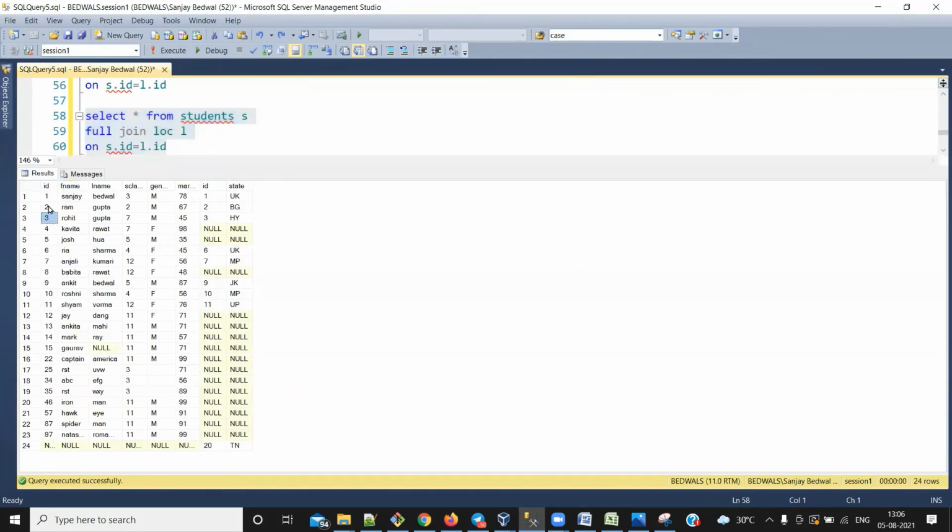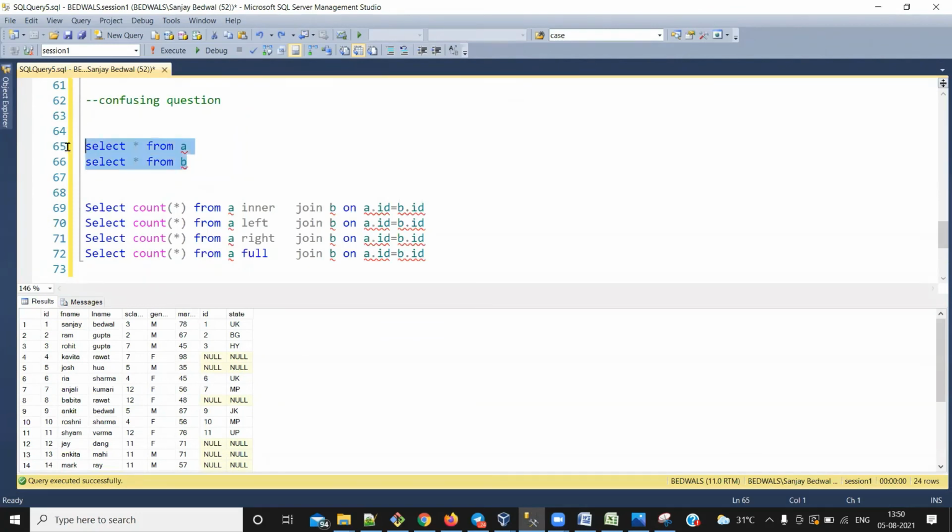See, these are the matching rows where you can see the values for all of the columns, and these are basically non-matching rows. Here we have a record in the left hand side table, but we do not have a record in the right hand side table. And similarly, in contrast, here in the last record, we have a record from the right hand side table, but we do not have a record from the left hand side table.